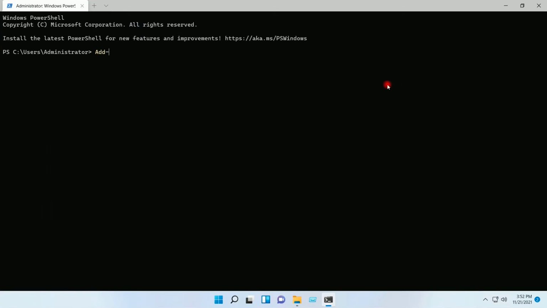I will give here the command Add-AppxPackage -Path, and I will right click here, which will paste the copied path.